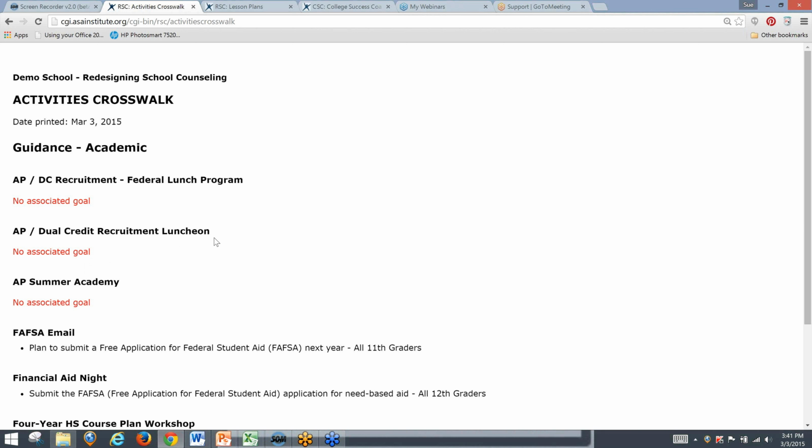And if it's not associated with a goal, if you don't have any AP goals, then the answer would be yes. Or people might say, no, we need to have that luncheon because we really do want kids to sign up for AP. We need to put that in as a goal. So if that's the case, then you'd go back and clean that up, put AP enrollment in as a non-priority goal or a priority goal,